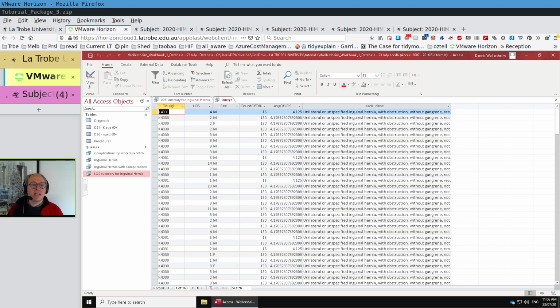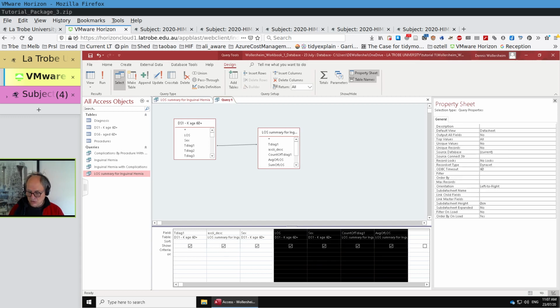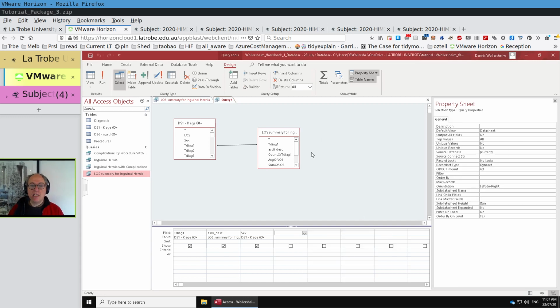I put the wrong fields in there. I was supposed to have tdiag1, ASCII desc, sex, and I'm supposed to count. So how many people are in each of the top three? I think I did it by